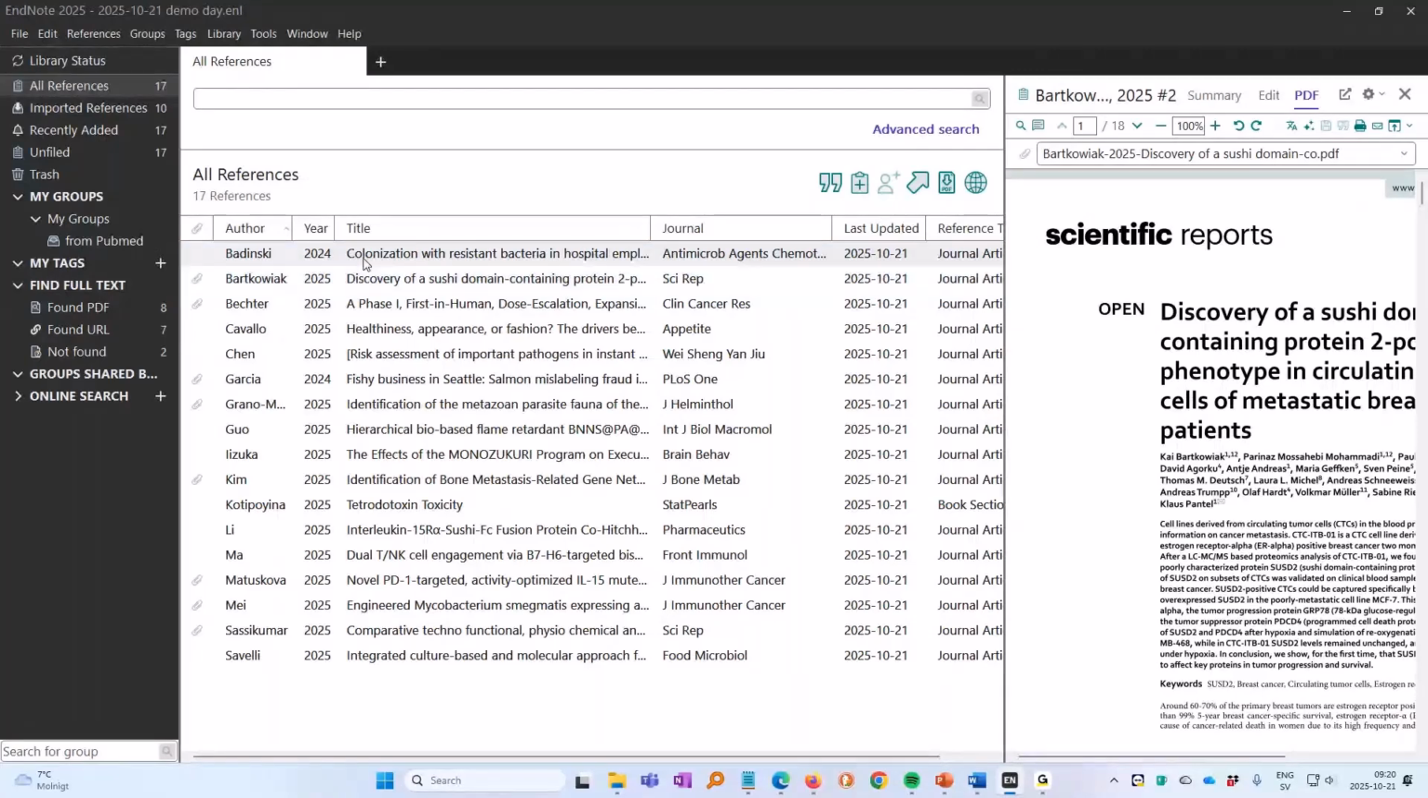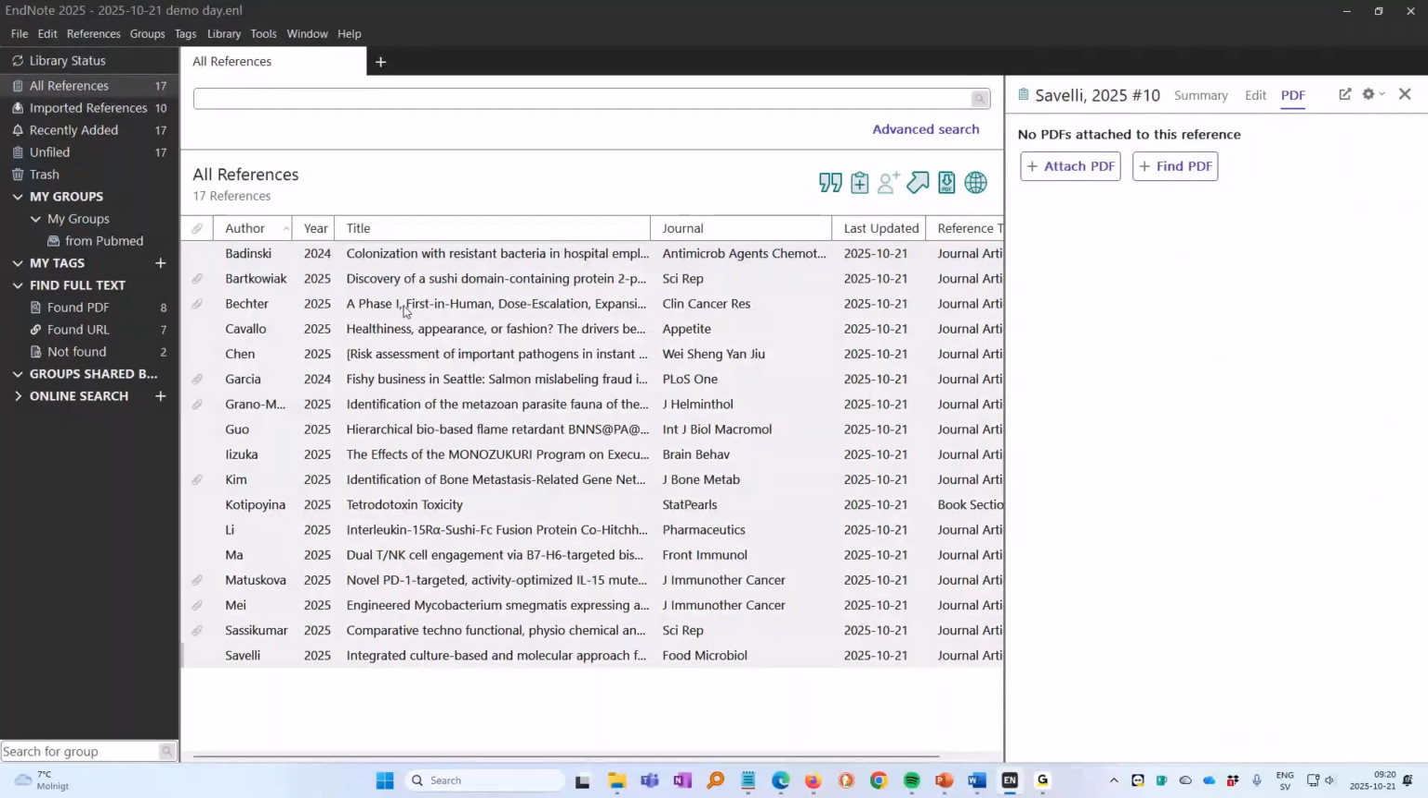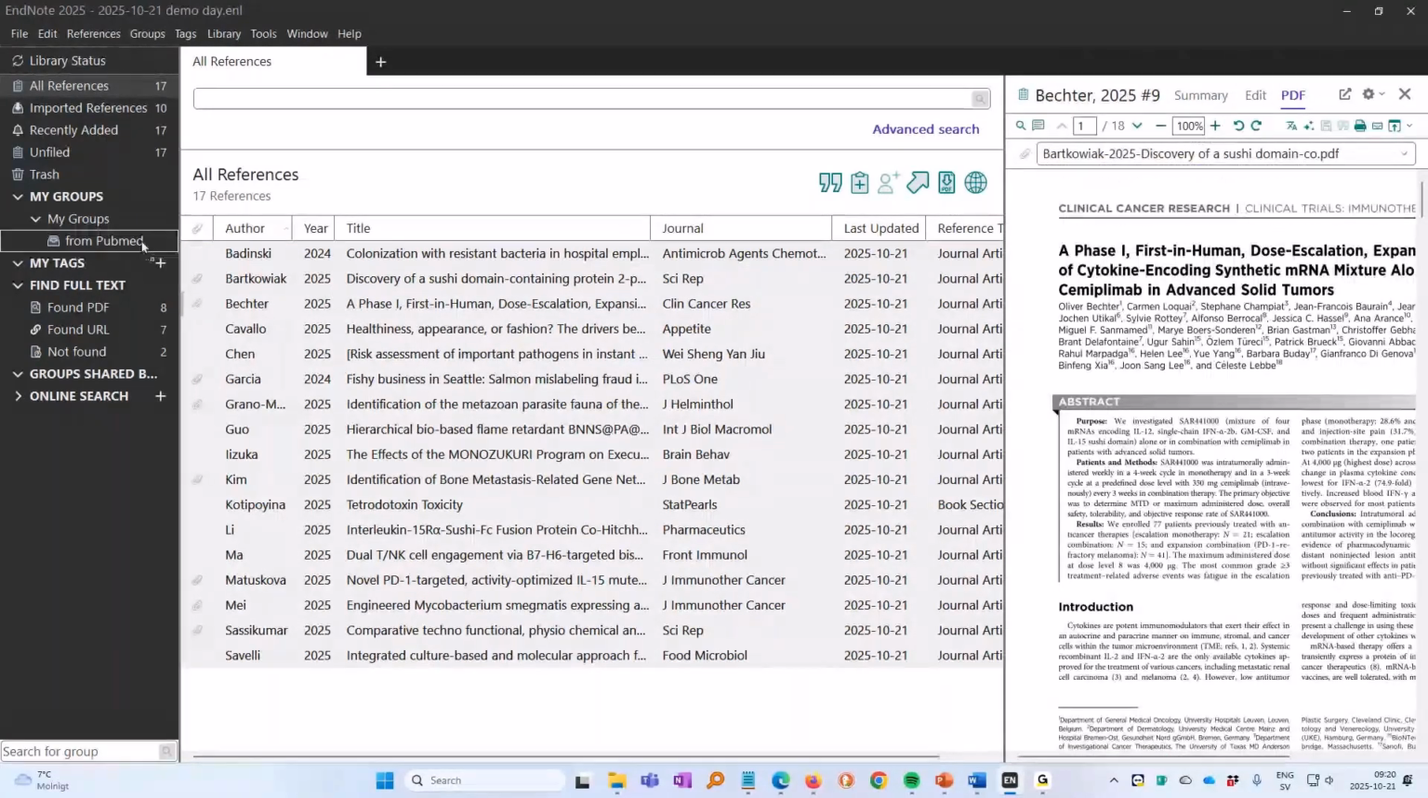I will take all of these, highlight all of these references, and drag them to this. I don't know if you see there's a plus sign here. If I drop them, it now says 17. So 17 references in this specific group, and I can always see all my references, of course, in the All References group